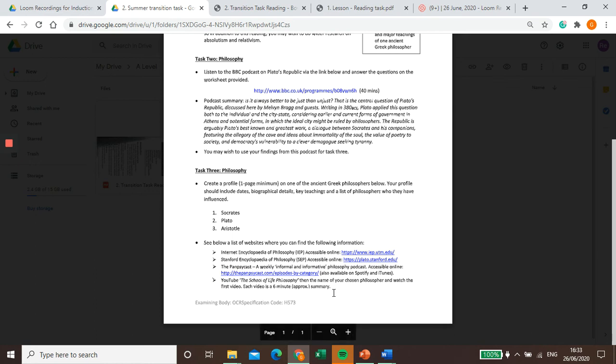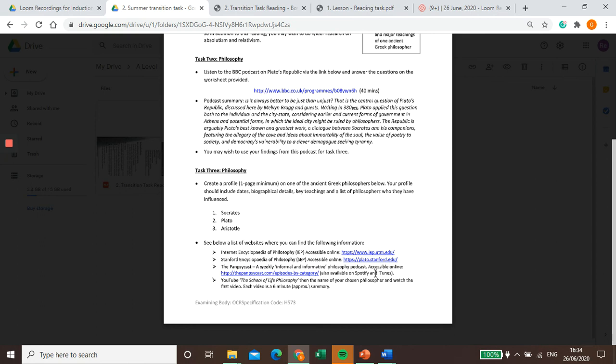So we have carefully picked these websites for you to read through, but perhaps use that detail and just rewrite the information in your own words in a way that makes sense. And it can be bullet points. It doesn't have to be lots of detail, but please try and avoid copying and pasting, because sometimes we can see